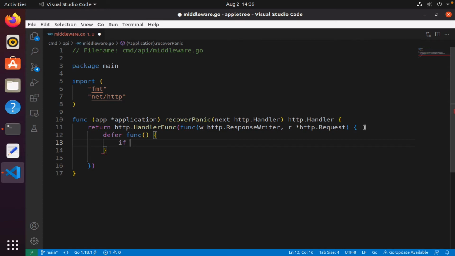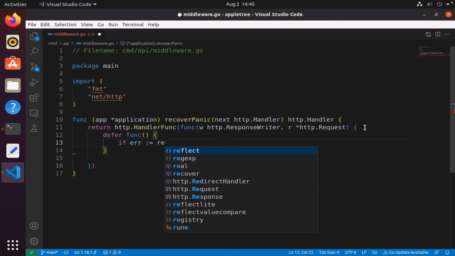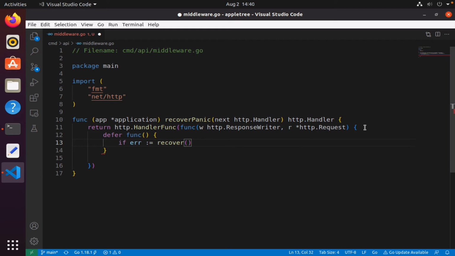And so if err is recover. All right, so if we call recover and we find out that error is not nil, then there was a